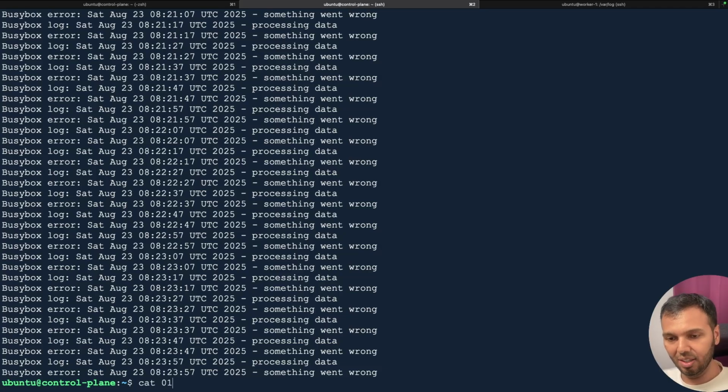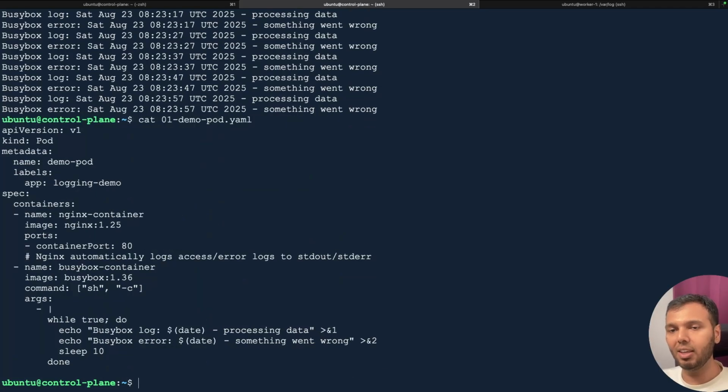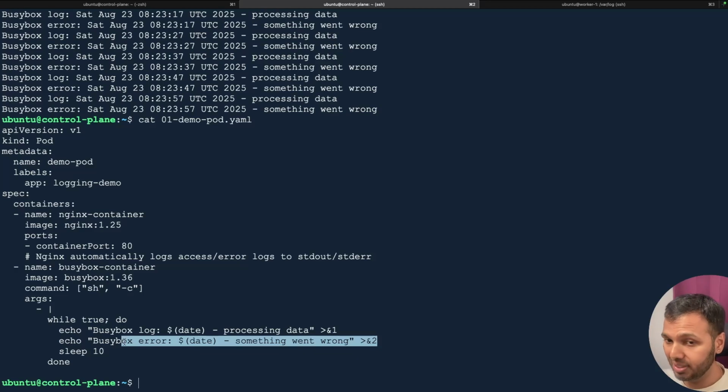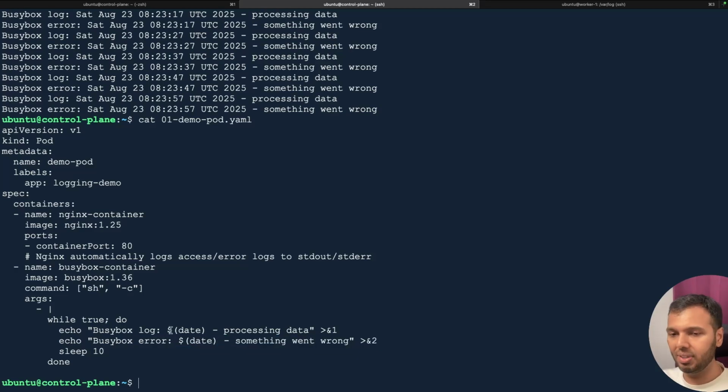It is 01, and this is the file that I used to create this pod. This is the manifest. Now understand what I am doing here. Name is fine, labels is fine, then the first container is the nginx container, and this is normal. Then I am creating a busybox container, and here you see what I am doing, and this is the important piece. I am saying echo busybox log, I am saying add the date and type processing data, and this is